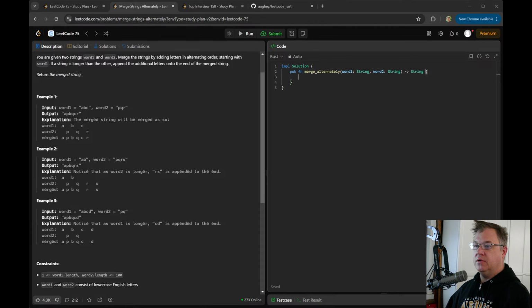Cannot borrow as mutable. Next clone, because we need that to be a real char. Cannot borrow that as mutable.